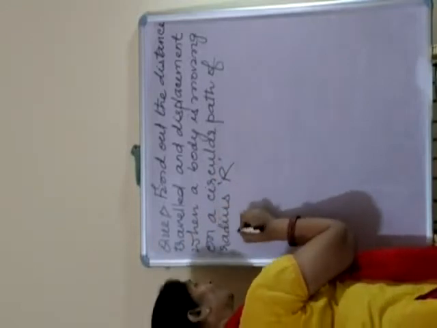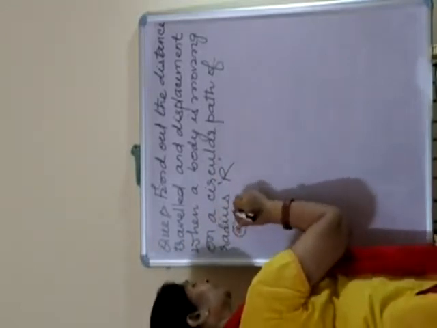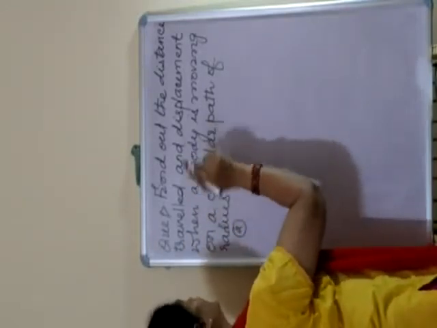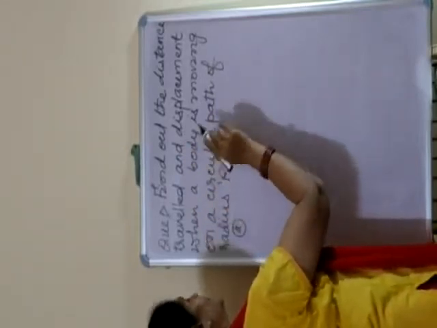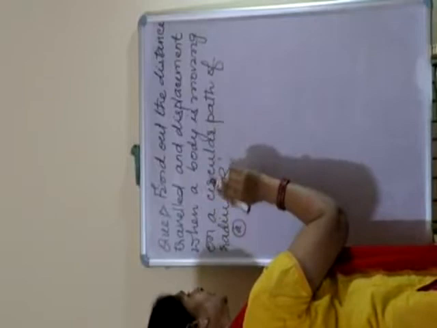First, find out the distance traveled and displacement when a body is moving on a circular path of radius r,